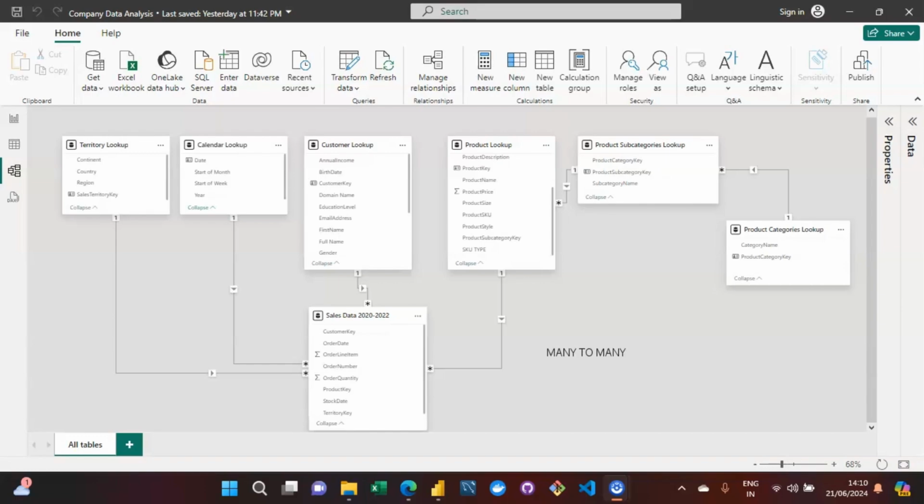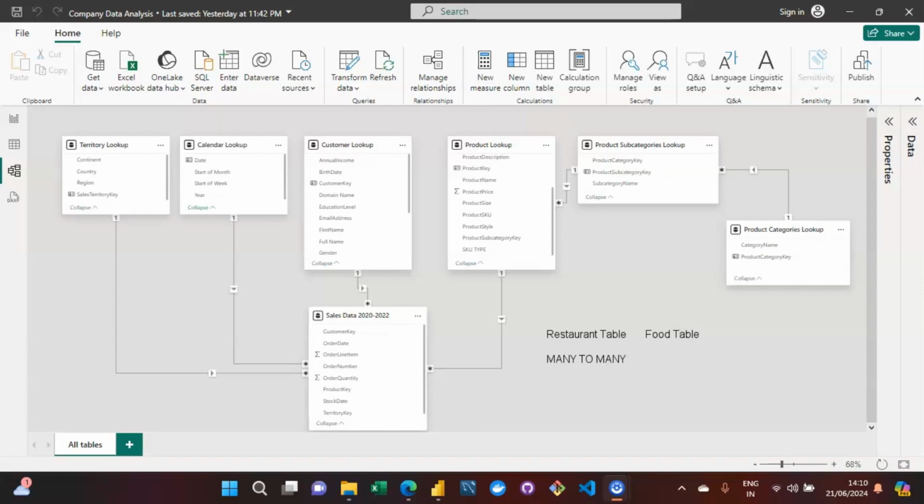Just because I can give you one example. Let us say I'm having a restaurant table, right? And the second table I'm having is the food table. So now in the restaurant table, one restaurant ID can have multiple food IDs associated with respect to it, right? Like for example,